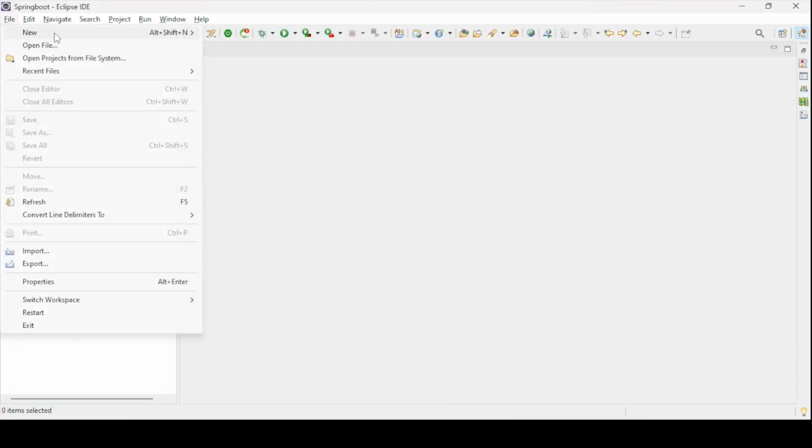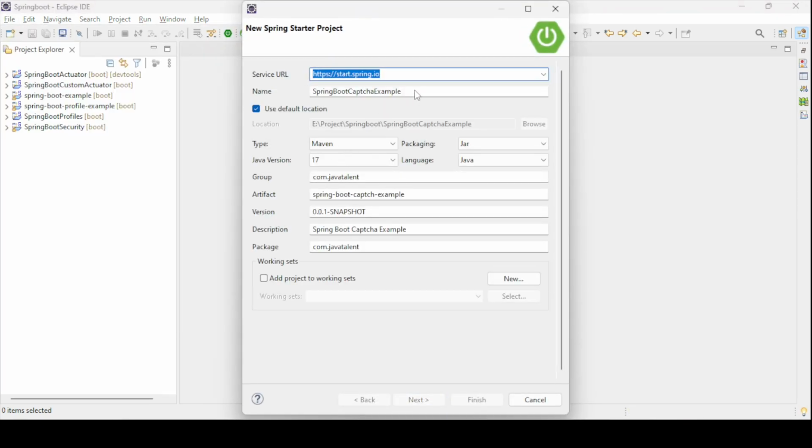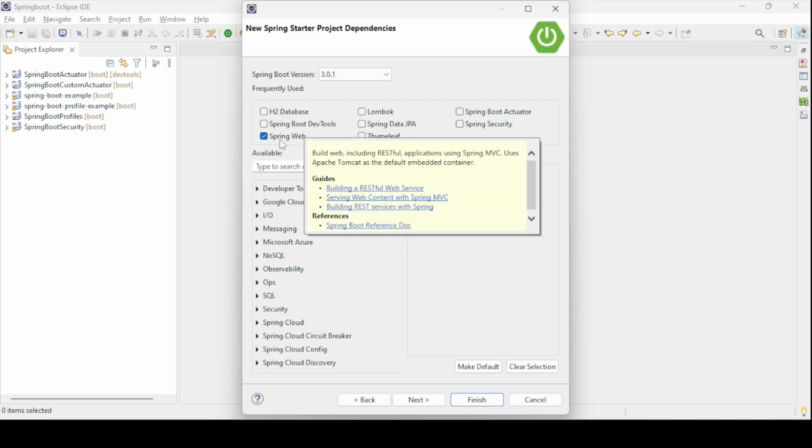So let me create a Spring Boot application. This is the Spring Boot captcha example I am going to take. Captcha example, this is the captcha example and this is the default package I am going to take. And for the dependencies, there are lots of dependencies I'm going to use, so be careful. The first dependency I'm going to use is Spring Web, to make our RESTful web application,